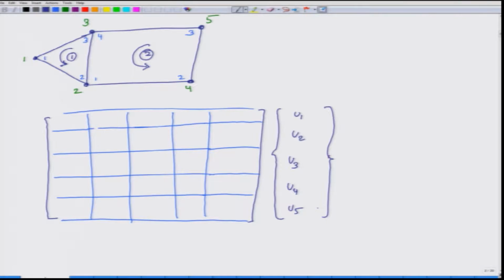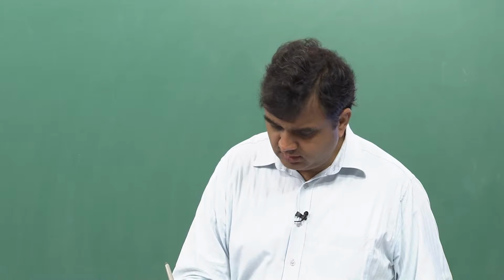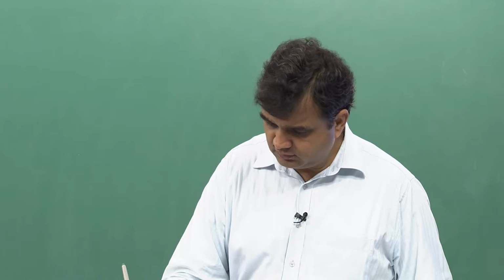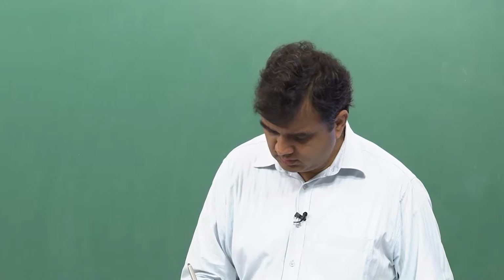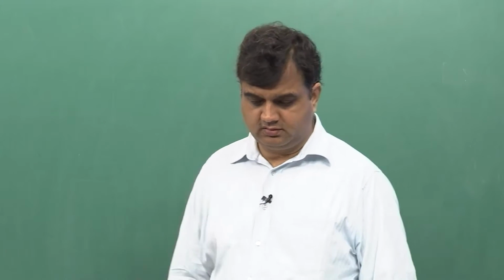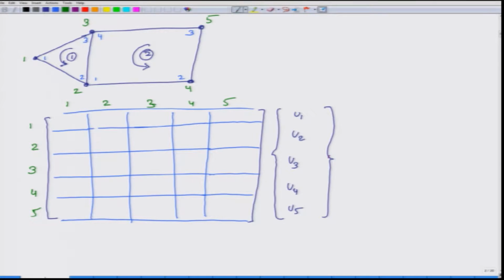So, using connectivity matrix I can program the computer to automatically do the assembly, but now when we are developing this connectivity matrix by hand, we will learn a slightly different trick which will give us physical insight into how to get assembled terms of stiffness matrix. So, this is global node 1, 2, 3, 4, 5. So, rows and columns correspond to 5 different nodes, and these are global node numbers 1, 2, 3, 4, 5. Okay.